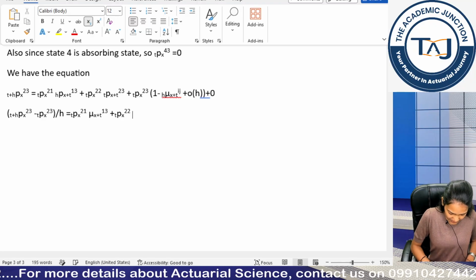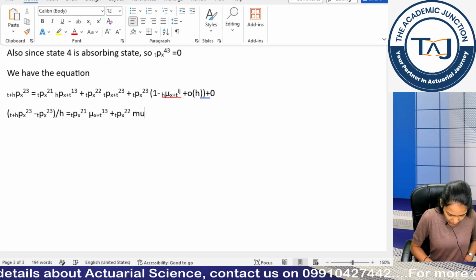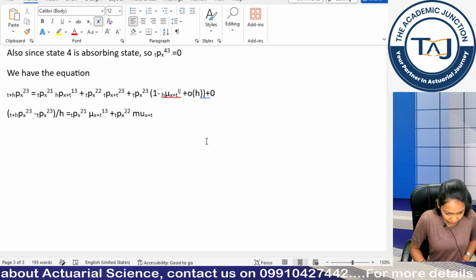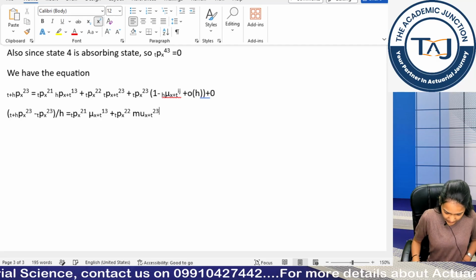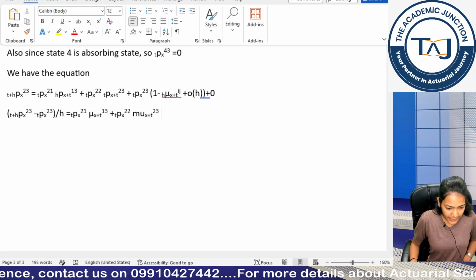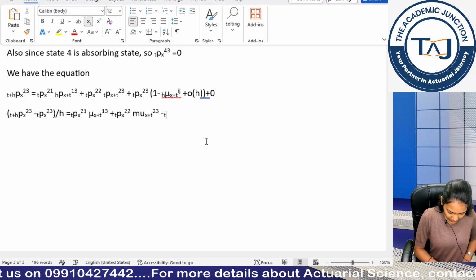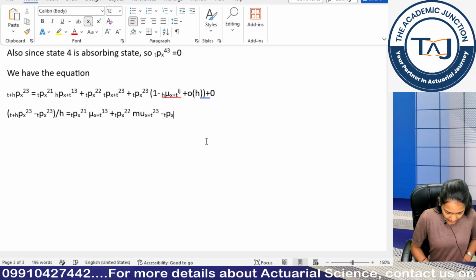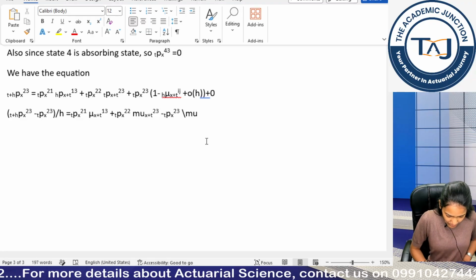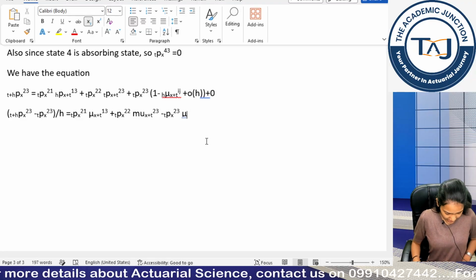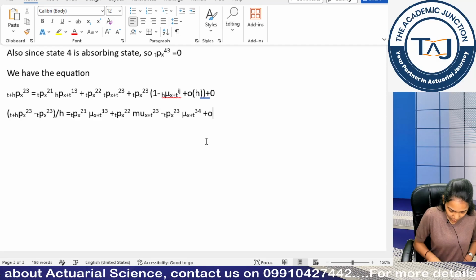So I can write, let me show you if you are not using the symbols. Mu, control shift x, control shift minus, control shift plus to go to the upper state, control shift plus. Clear? Then we have minus, again the same thing, control shift minus, control shift minus. Then this backslash mu, control shift minus, x plus t, control shift plus, x plus, and we have OH by H here.